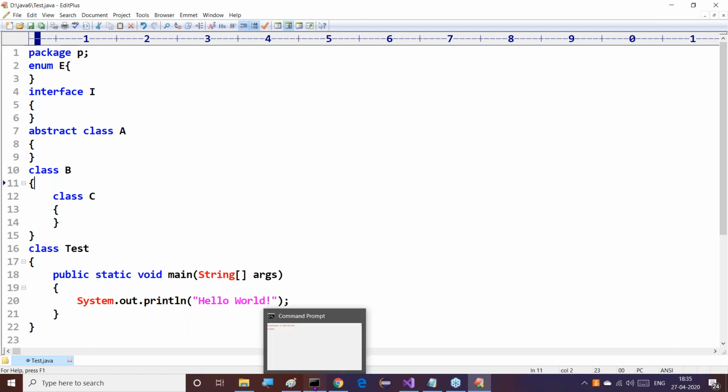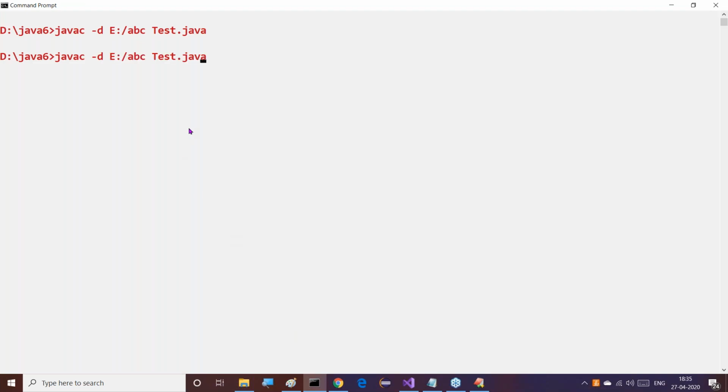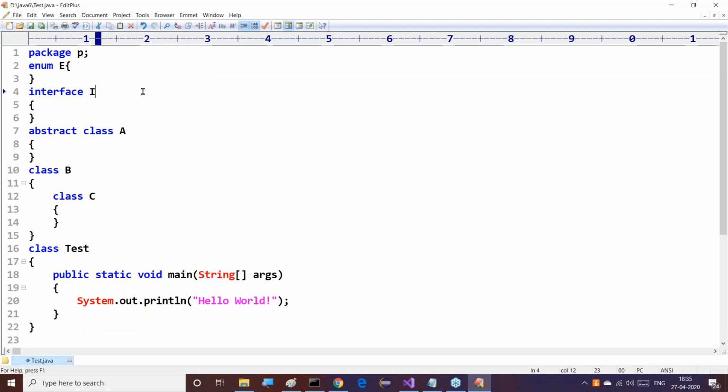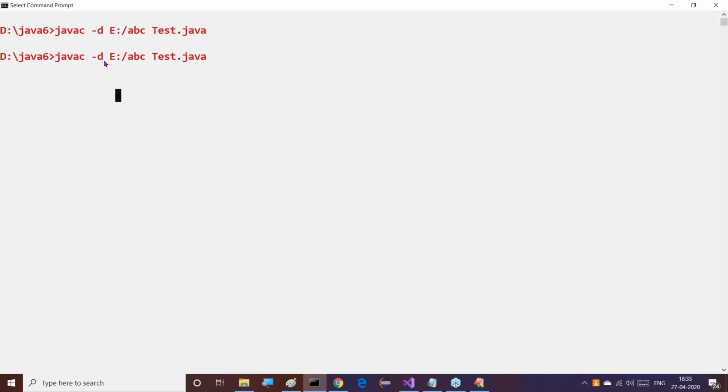Whenever we are using packages in our Java file, we need to compile that Java file with the -d option again. So here also, the Tester.java file will be compiled, -d and :/abc will be recognized, and immediately the compiler will check whether any package statement is available or not. If any package statement is available, the compiler will create a folder p, and inside this package folder, all the .class files will be generated. But where will this folder be generated? At the target location.